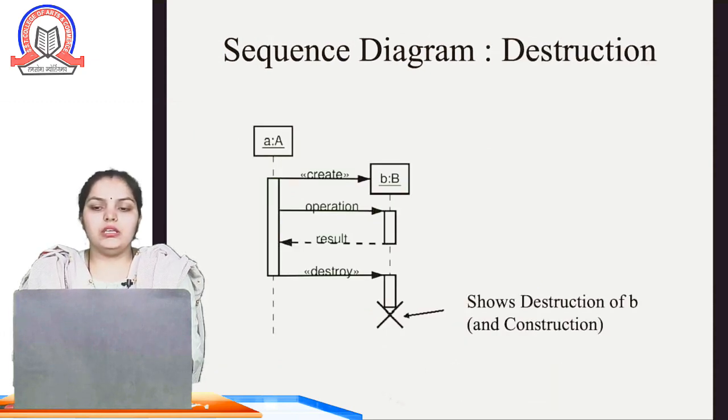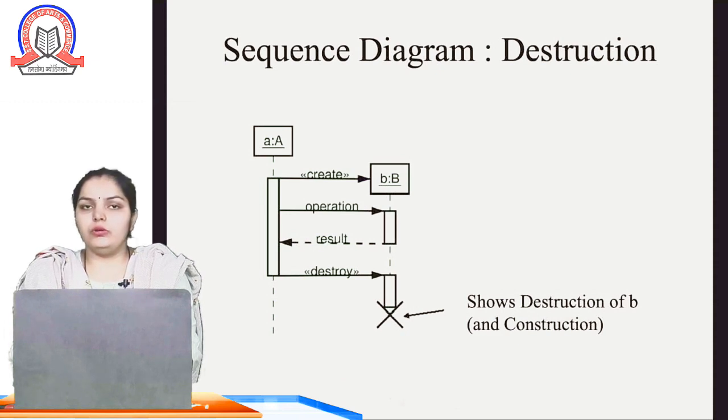So you can see the destruction is there, one destruction in case of the sequence diagram. Basically destruction shows where the communication ends, means if the communication is destroyed or finished due to some reason, that is known as destruction in a sequence diagram, and it is represented by a cross as you can see in the diagram. Okay, so after the message is destroyed from A object to B object, the destruction is there. So this is the example of destruction.